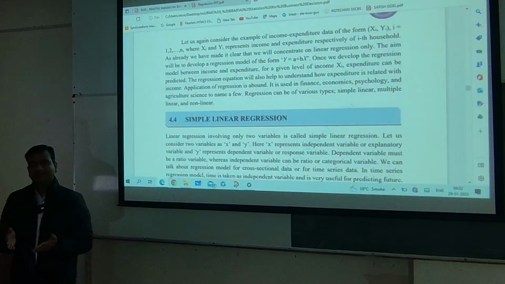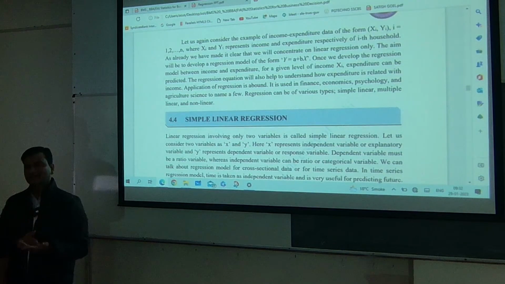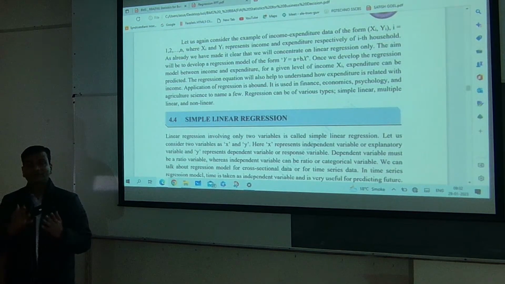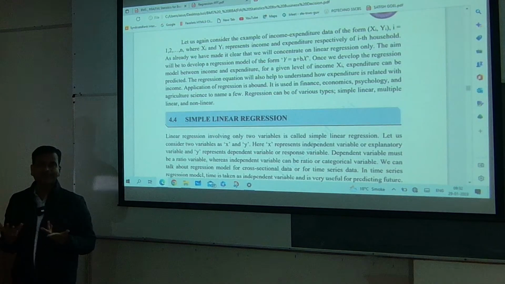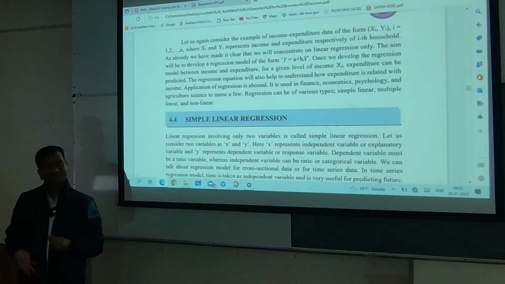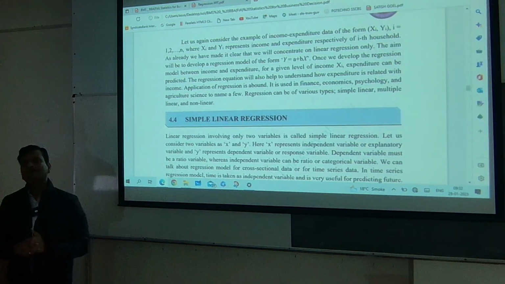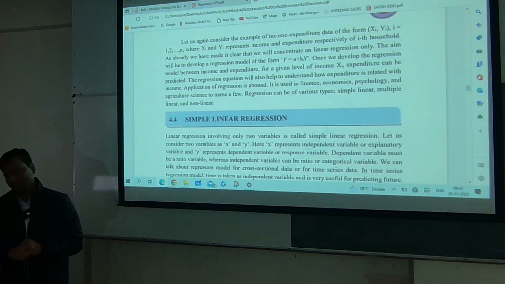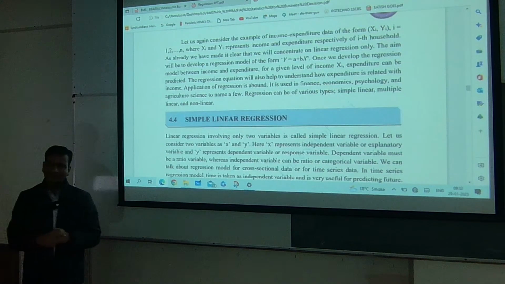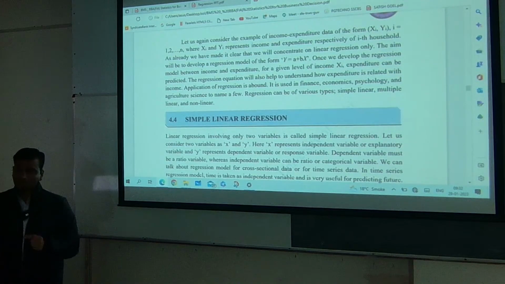Basically, dependent variable is that variable which depends on the occurrence of other variable. So I am saying sales, usually sales is the dependent variable, or you take sales as Y, because sales depends upon the price. Okay, if you feel no, the price depends upon sales, then it's fine. You can take your dependent variable as price and independent as sales. Okay, so you can have more than one variable as your